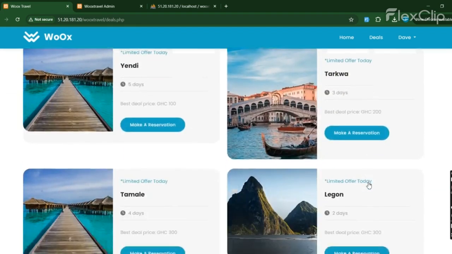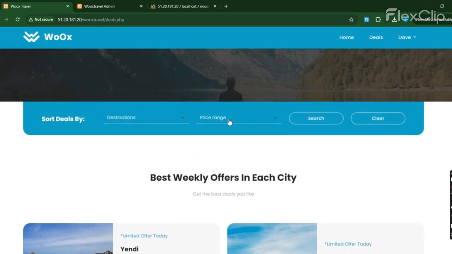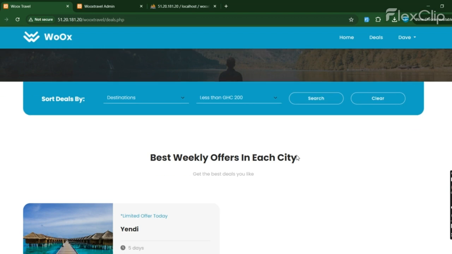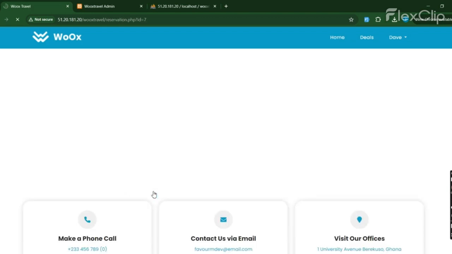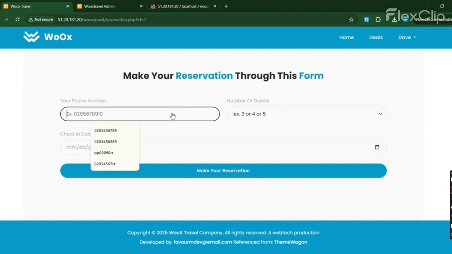And when I clear, it returns back to the original state. Also, I can do a region less than this, and then it will give me Yendi. I can go ahead to make a reservation, and when I make a reservation, I made an assumption here that the user can have different